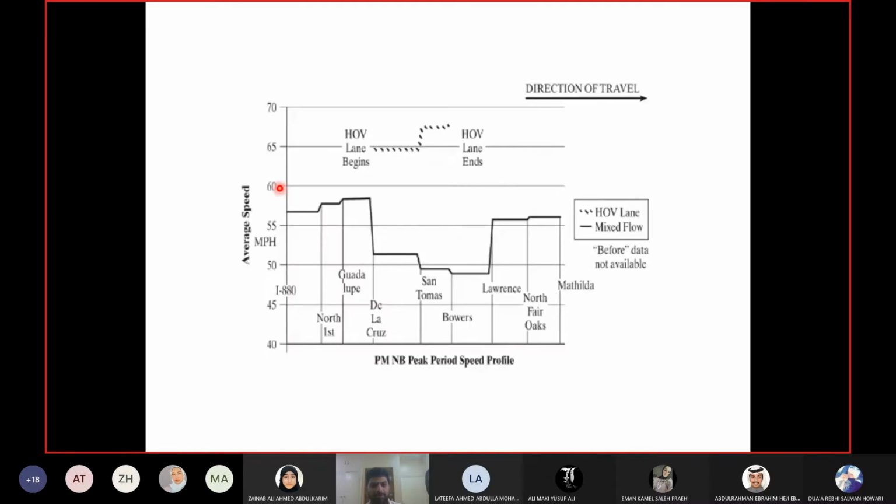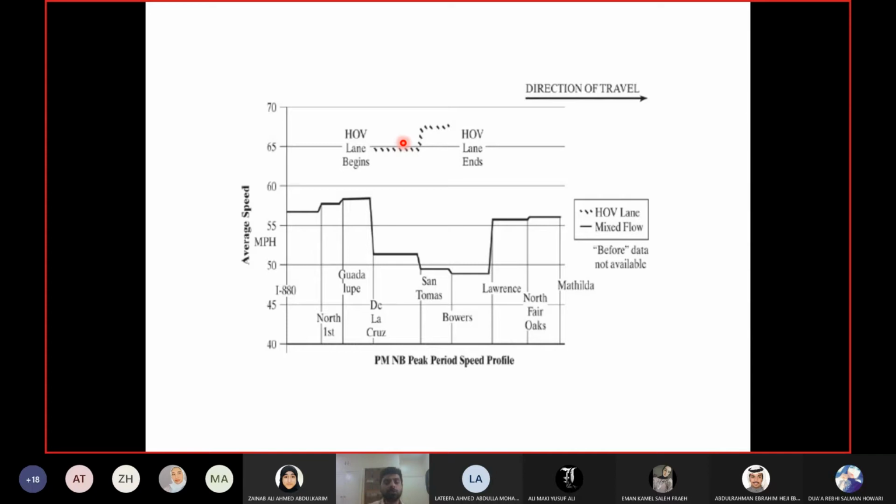So if you compare it with this, the speed for all the lanes has increased because of HOV. Even the lanes which are for mixed flow have a speed of more than 55. See, in this case more than 50. The HOV lane speed is already high because it is reserved for a specific type of vehicle. Obviously its speed will be higher because there are fewer vehicles in that lane. But the speed for the other lanes has also increased because you have moved the HOV vehicles from those lanes to their own lane.